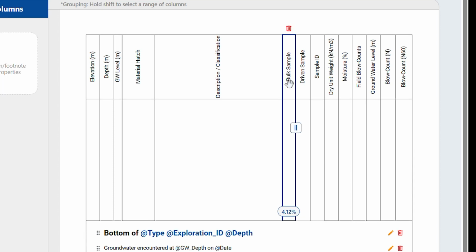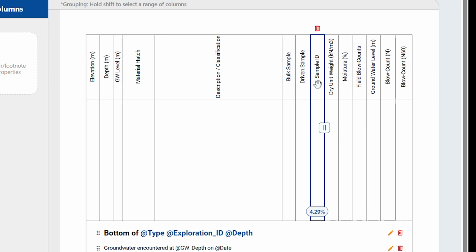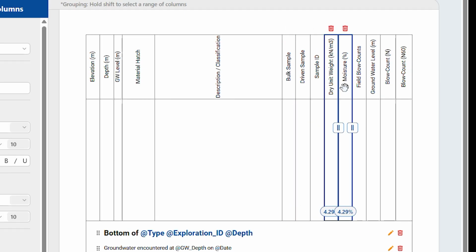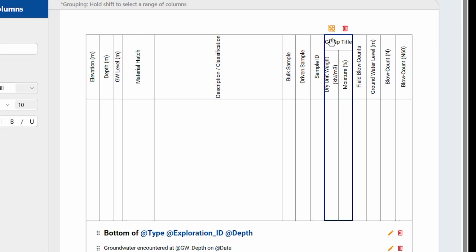You can also create multiple levels of group titles and organize the columns in a variety of ways depending on your reporting needs. For example, if you want to create a group title for these 2 columns and then a main group title that includes this group and a third column, simply select the group, hold Shift, and click on the third